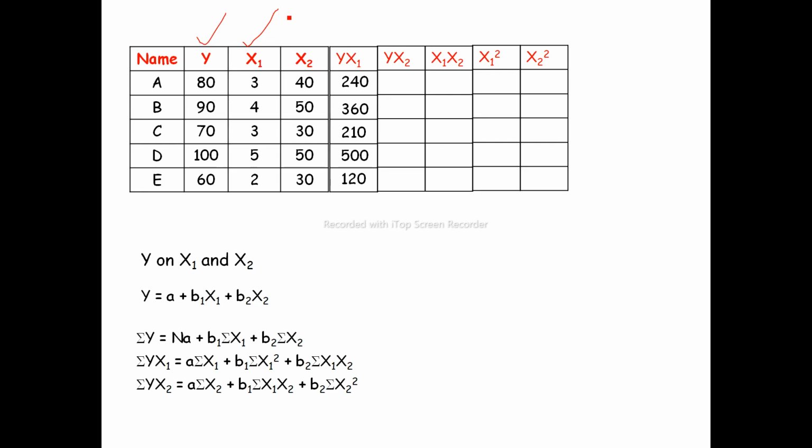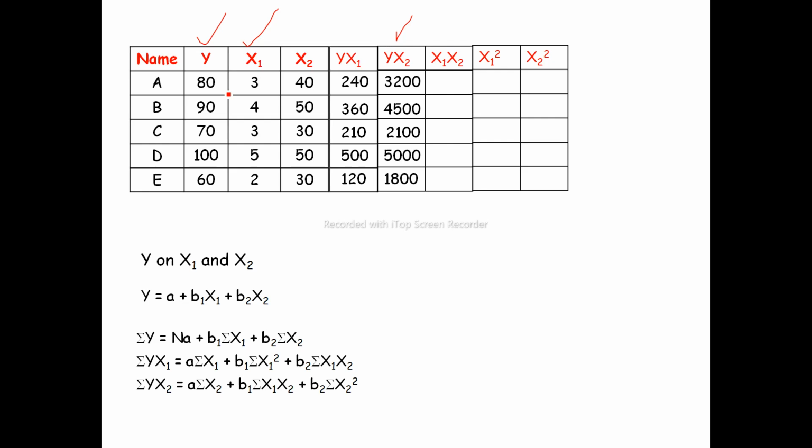Next column is y into x2. Very simple, we need to multiply y with x2. So 80 into 40 is 3200, 90 into 50 is 4500, 70 into 30 is 2100, 100 into 50 is 5000, and 60 into 30 is